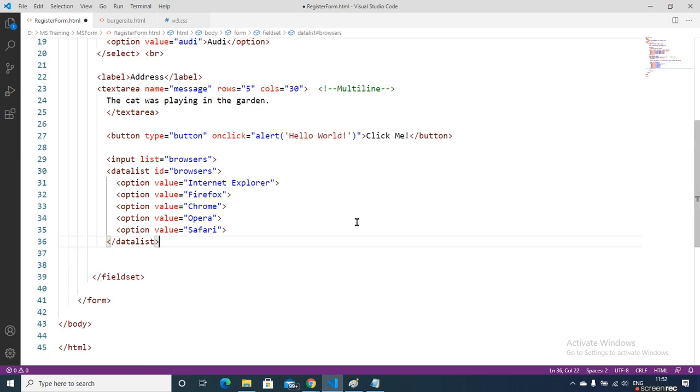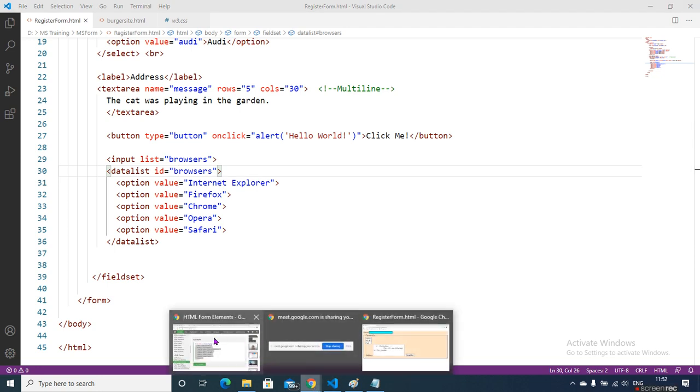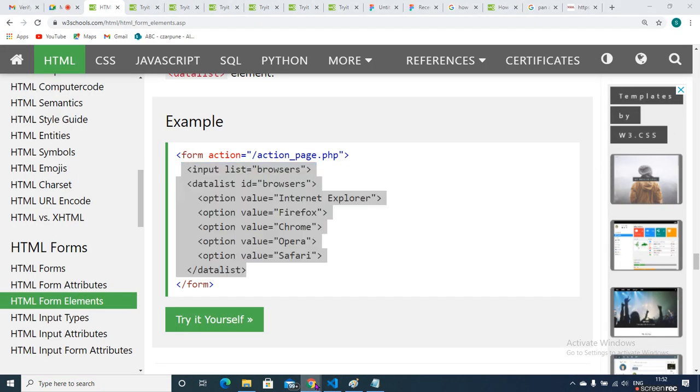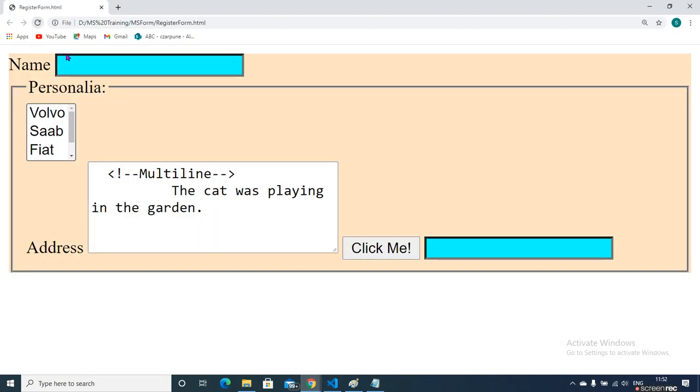Okay, see now. What is the difference between select and datalist? Here you can see the select and here the datalist. In the datalist we can see Chrome, Firefox, different browsers.